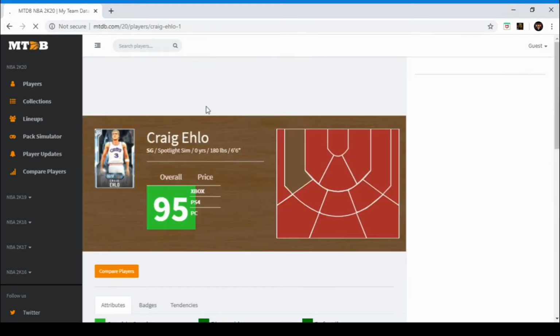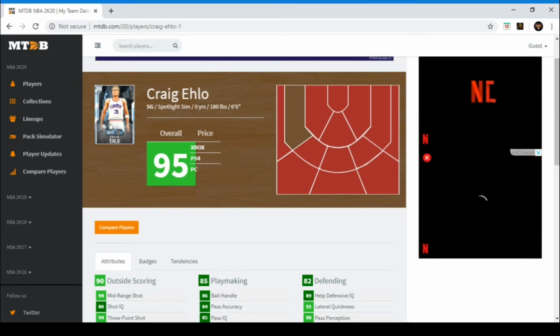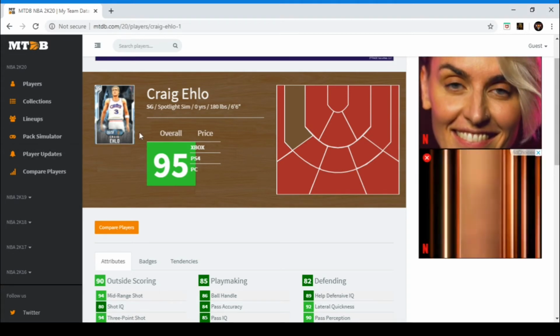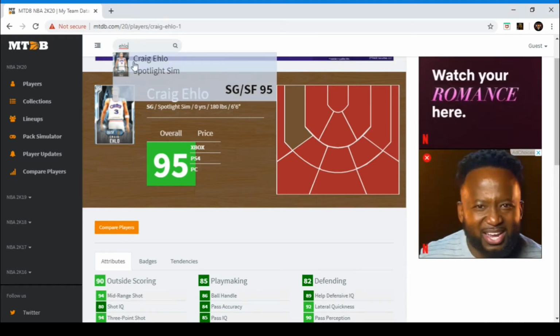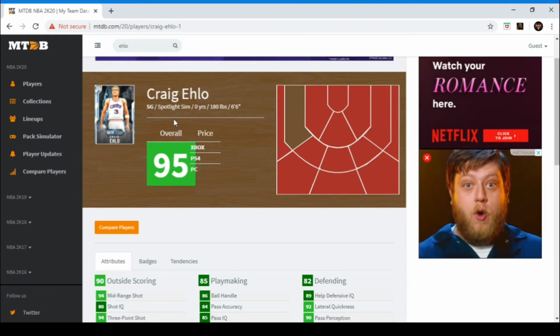Now let me just say this real quick. What they want us to do is send in stat lines of players so that they can give them Spotlight Moments cards. This guy doesn't have a card in the game. This guy does not have a card other than this in the game. Look at this. The only thing that comes up is this card. There's no other Craig Ehlo in the game, so I'm not sure how they would give him a Spotlight Moments